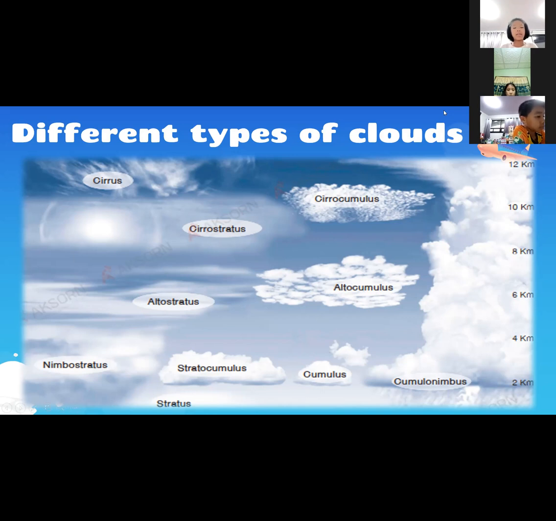Colimba. Could you please say it again? Again. Aside from stratus, what else? Cumulonimbus. Okay, good. What about Pi? Pi. Okay, aside from stratus, cumulonimbus, what else? Give me one, Pi.